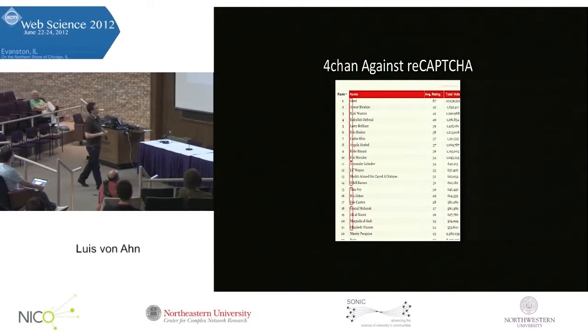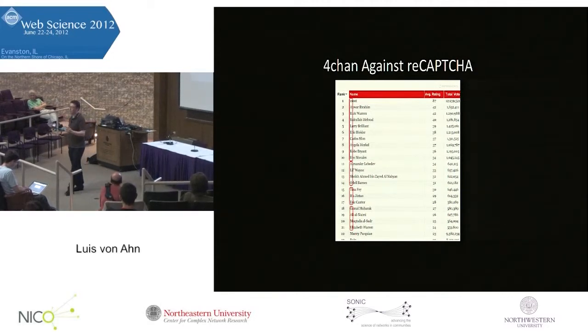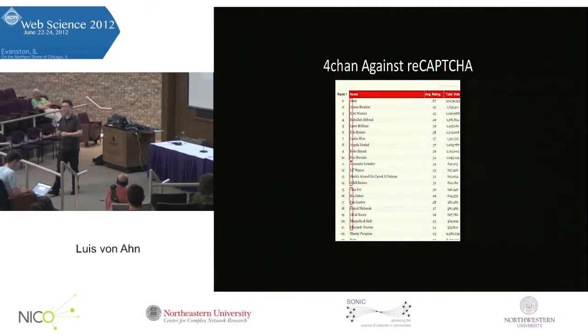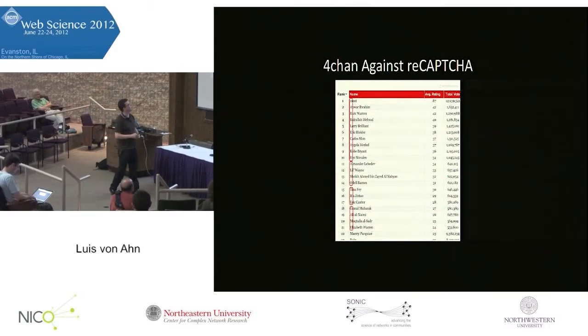So that's what they tried to do, and for a while we were getting tens of thousands of solutions that were just penis, penis, penis. Fortunately, it was only tens of thousands of solutions. At the time, we were receiving about 70 million solutions a day. So basically, they didn't do anything, but it's very funny that they tried to do this. It's just a funny story. Okay, so that's 4chan against reCAPTCHA.